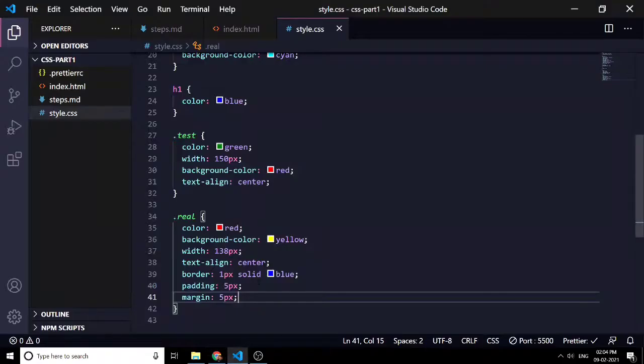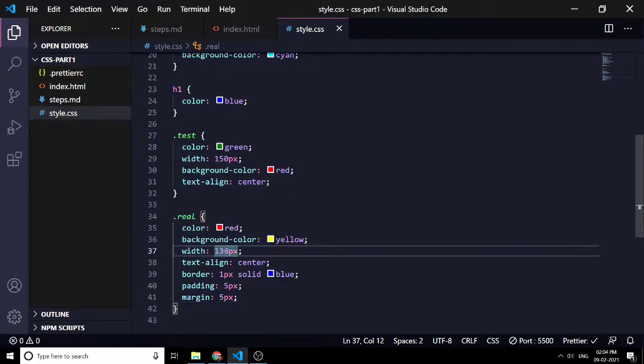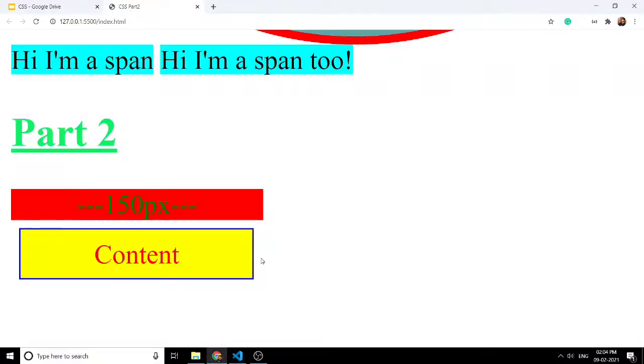And if you want to manage that, then simply remove 10 pixels from the total width. So now we can say that the width of both divs are the same. It may seem that it is not, but it's still the same, as we have a margin of 5 pixels on both sides. If we take that into account, then it's still 150 pixels.